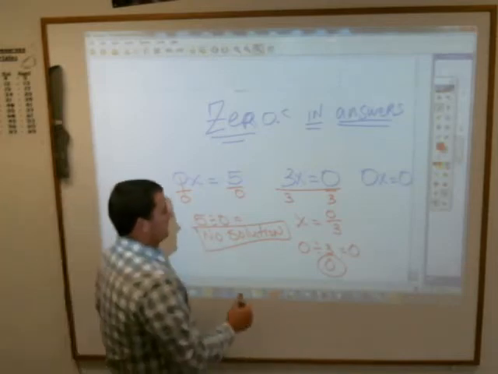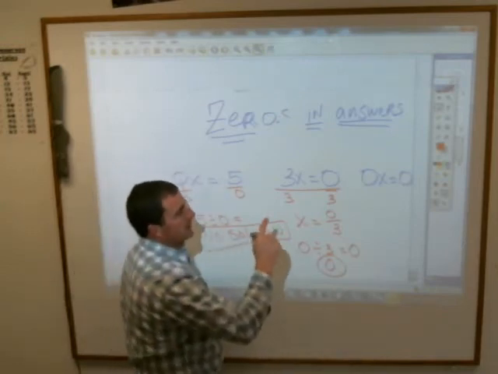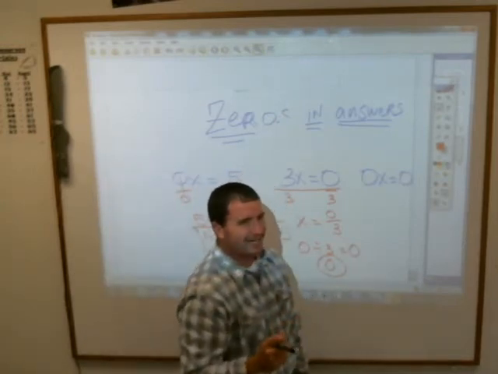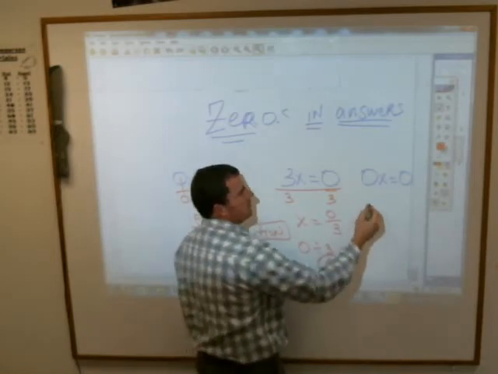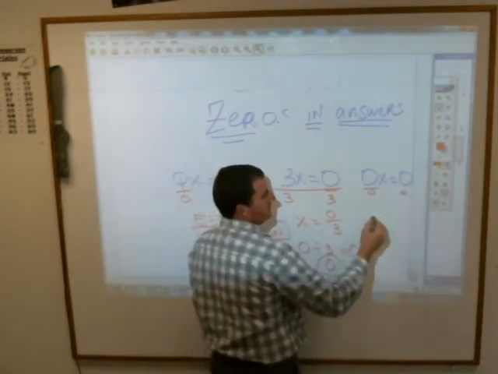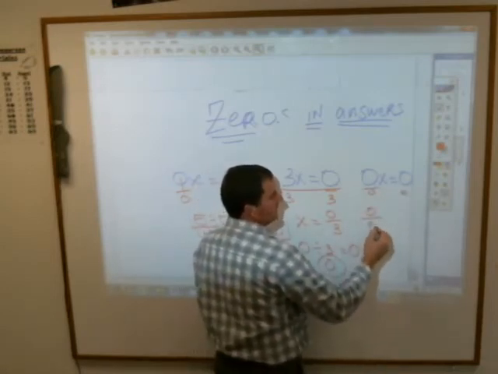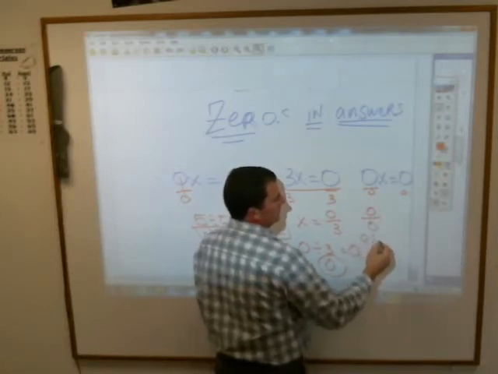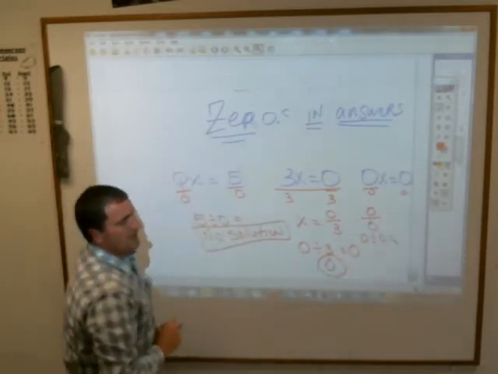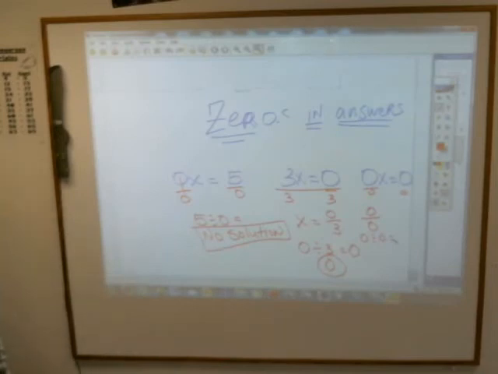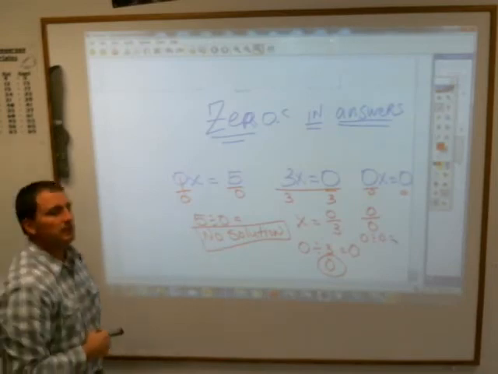Okay. This last one here, 0x equals 0. How is that different than the rest? Well, these are both zeros. This one, you divide by 0, you divide by 0. 0 divided by 0. What number times 0 gives you 0? 0. Yes, and